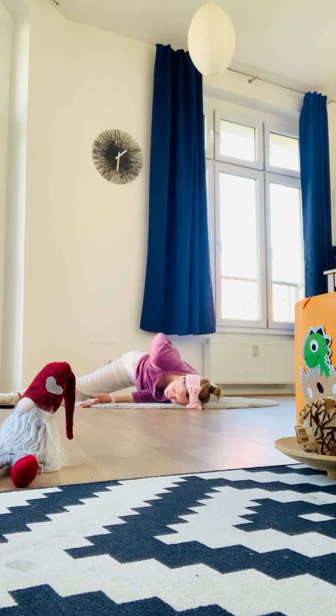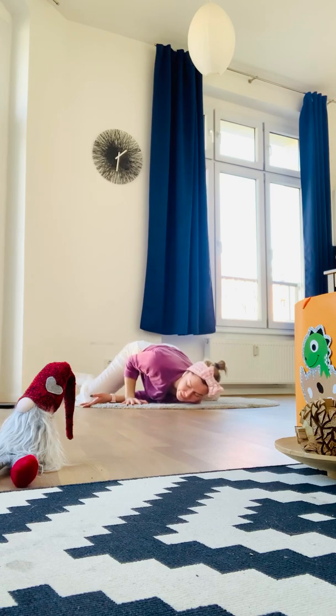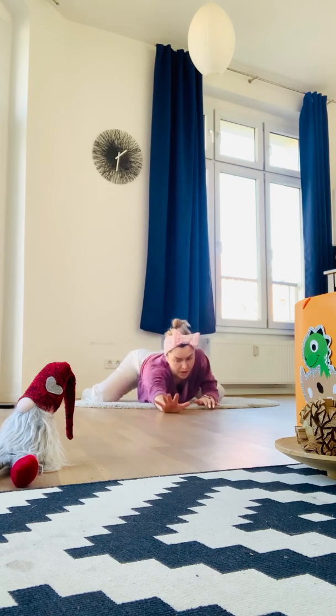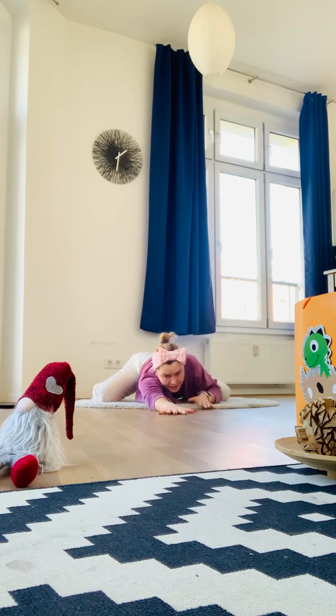And just relax and breathe here for 5, 4, one more juicy position in the end, 3, 2, 1, very good. Slowly back with your arms, bend your knee. And now the second one, so straighten your right arm,